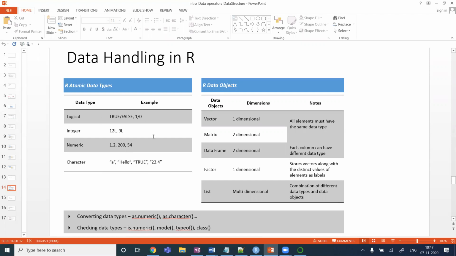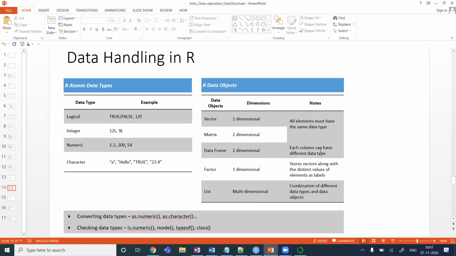All right. So these are the basic data types that you should know. We have logical, integer, numeric, character overall. Anything that comes under quotation mark forms character type. Any number that comes without L, basically that is considered as numeric type. If you literally want to define a number as an integer, you have to give the suffix L. And then the Boolean values, instead of Boolean, we have logical, where we have certain keywords like TRUE and FALSE, that comes here.